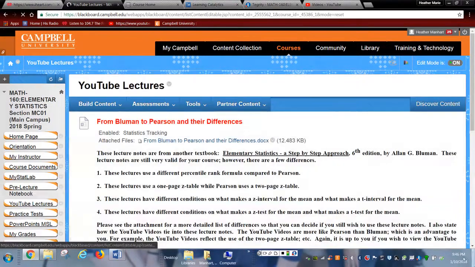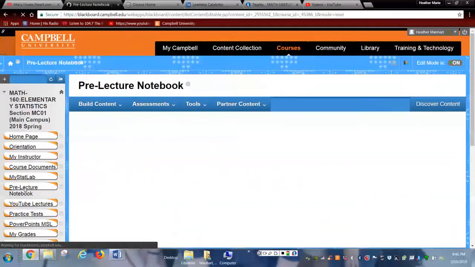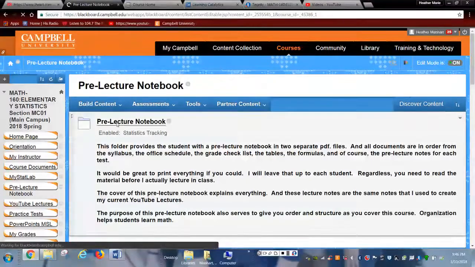The only difference is with the pre-lecture notebook, when you click on the document, instead of having so many individual hard copies of lecture notes, you will see one document pertaining to test 1 and test 2, and you'll have a continuous string of lecture notes. It takes a moment to load.